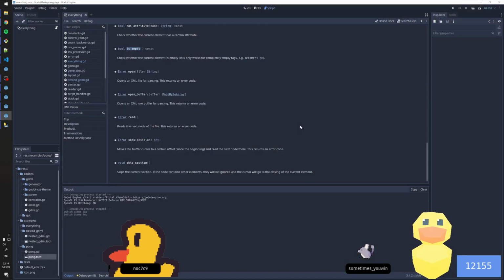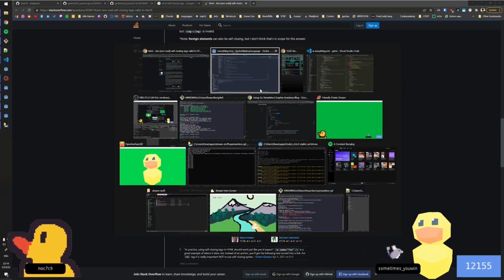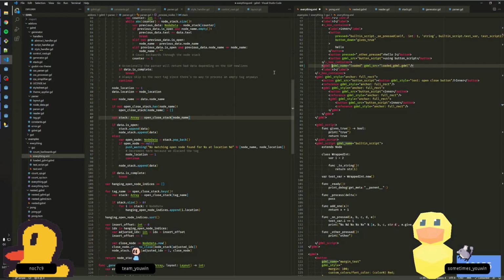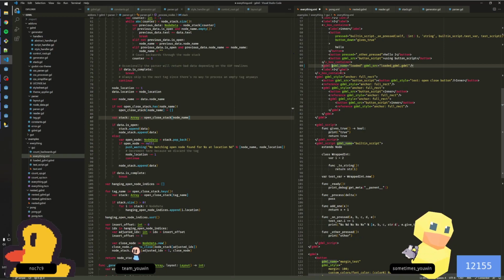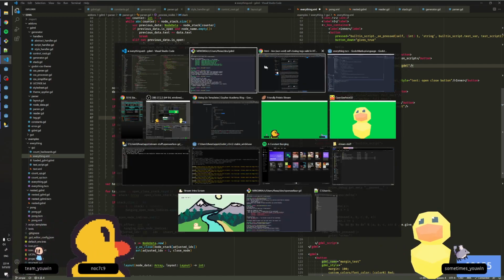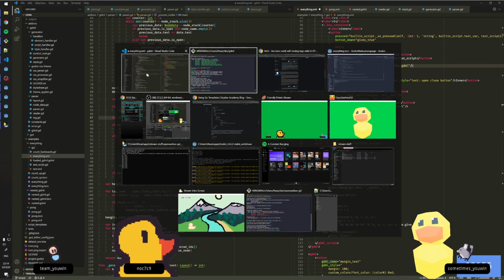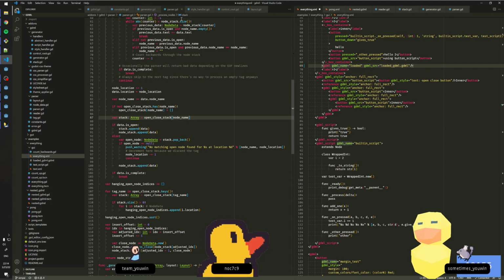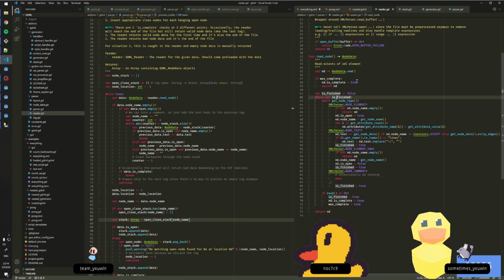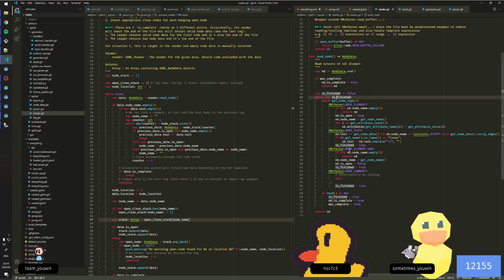Okay, so that's tough. That's tough. So maybe I will just have to say it's not valid. Maybe I do just have to say it's not valid, because that's kind of tough, right? I don't have any way of detecting if it's self-closing or not. So if we go to the reader,